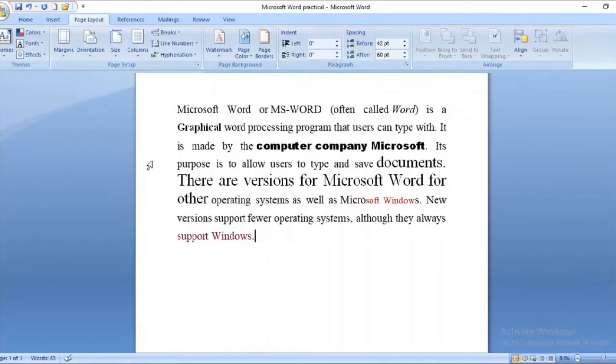I will suggest you students to please learn the 2007 version because it is better and easier and it will be acceptable in your exam as well. So try to learn these steps. You have to learn these steps because they can be asked in your exam, how you can change the page orientation. So you have to write steps over there.